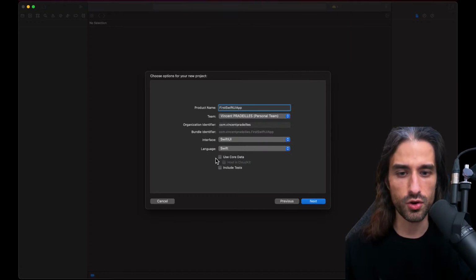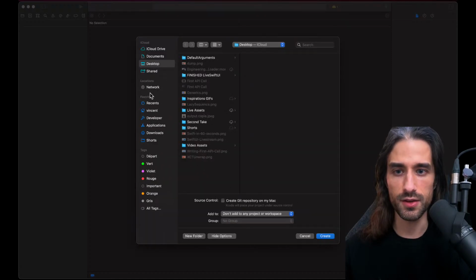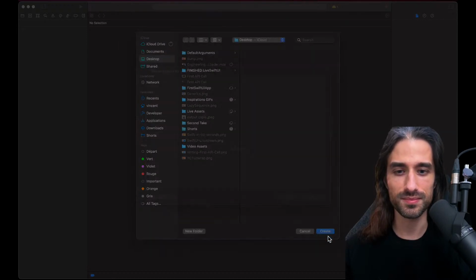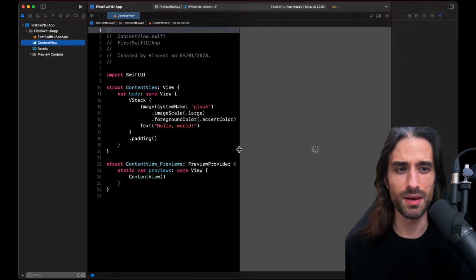And I will leave use Core Data and include tests unchecked, just so you know. Core Data is what you use when you want to save complex data to the phone, and tests are well, to test your app, but I will not cover them in this video. Then you click on next. You need to choose where you want to store your project. So I'm just going to store it on my desktop. It's going to create my project in Xcode, and this is what you get when you create your first SwiftUI